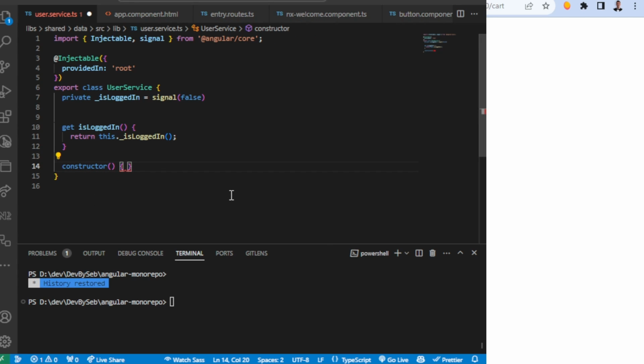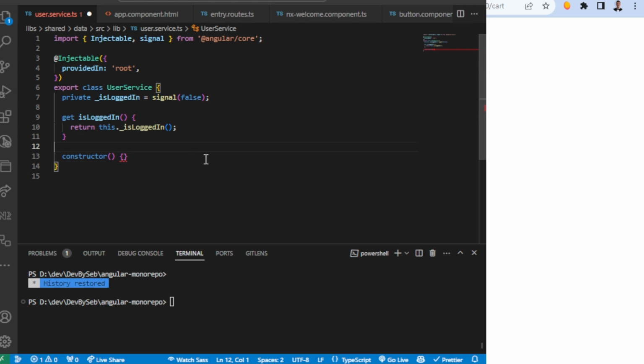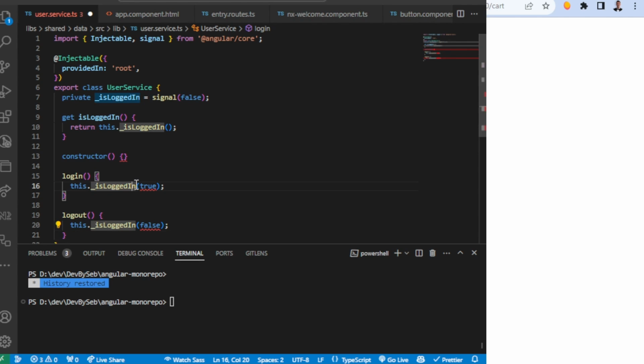This is a quite nice pattern. Alright, so now that we have the is logged in variable, we also want to add two functions. We're not going to have some login screen for this. Here you could add the login screen, you could add the login function. Here we're going to keep it simple for us, right? So we're going to, and also with